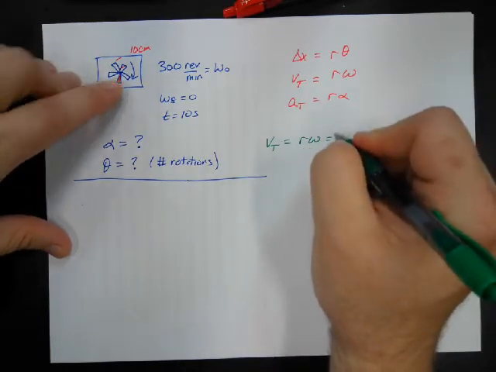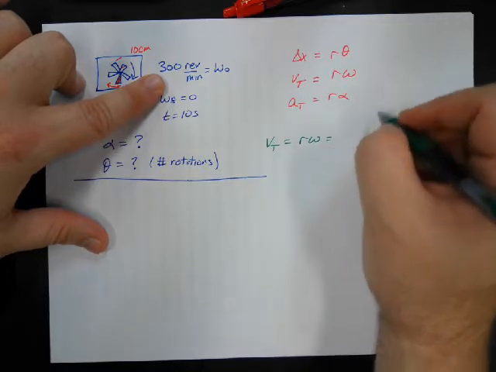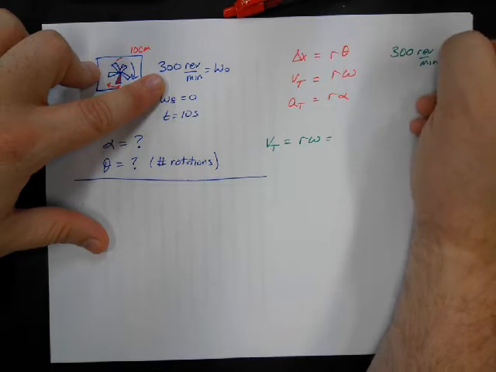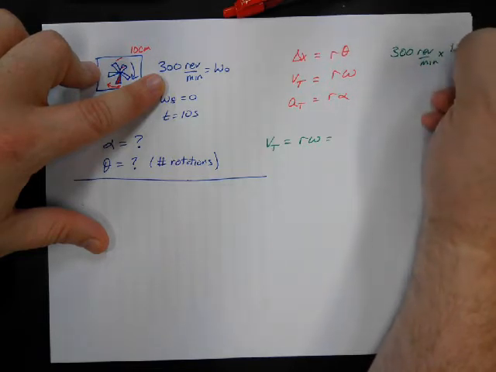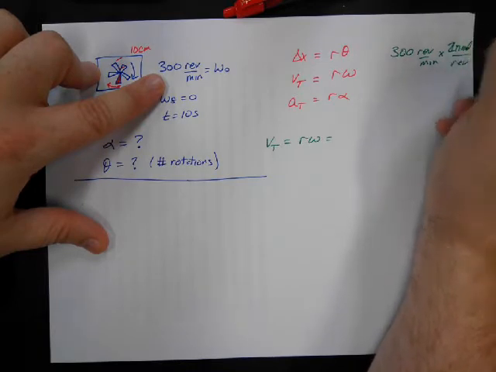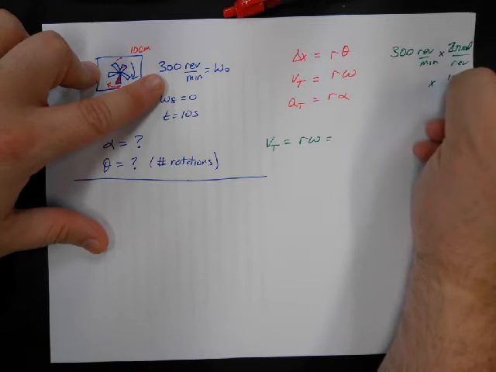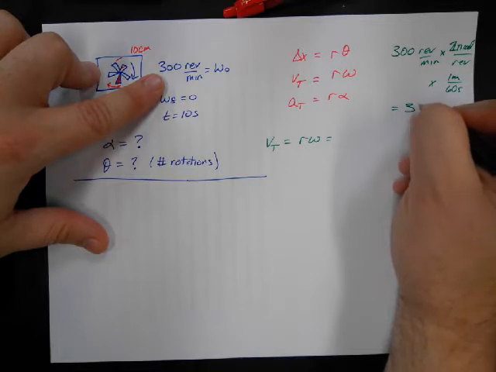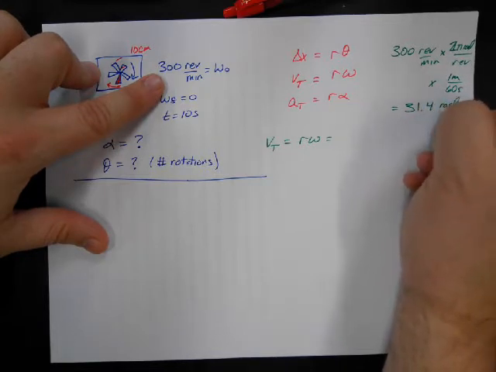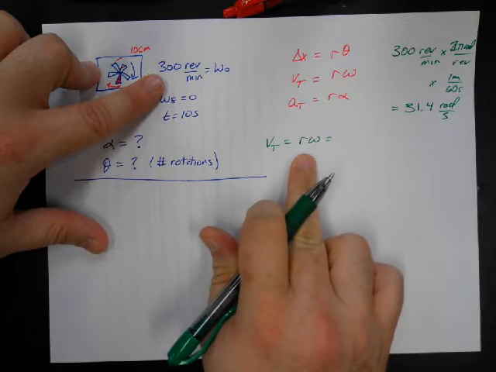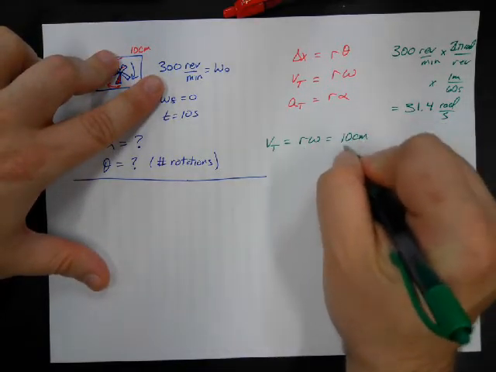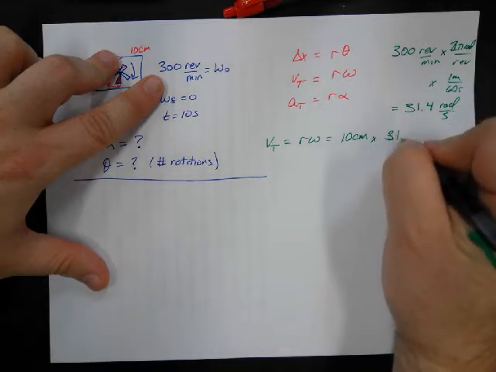Remember, we want to convert this 300 revolutions per minute times 2 pi radians per rev times 1 minute is 60 seconds, which is 31.4 radians per second. So here, our distance r is going to be 10 centimeters times 31.4